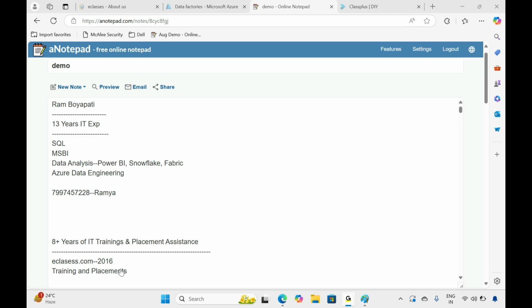Also, if we cover SQL completely, then it will be sufficient for us to take this Azure course. Python we can learn, but it's not really required. Without having knowledge of SQL and Python also, you can learn the Azure Data Engineering course, but that will not give you fulfillment when you are attending the interviews.